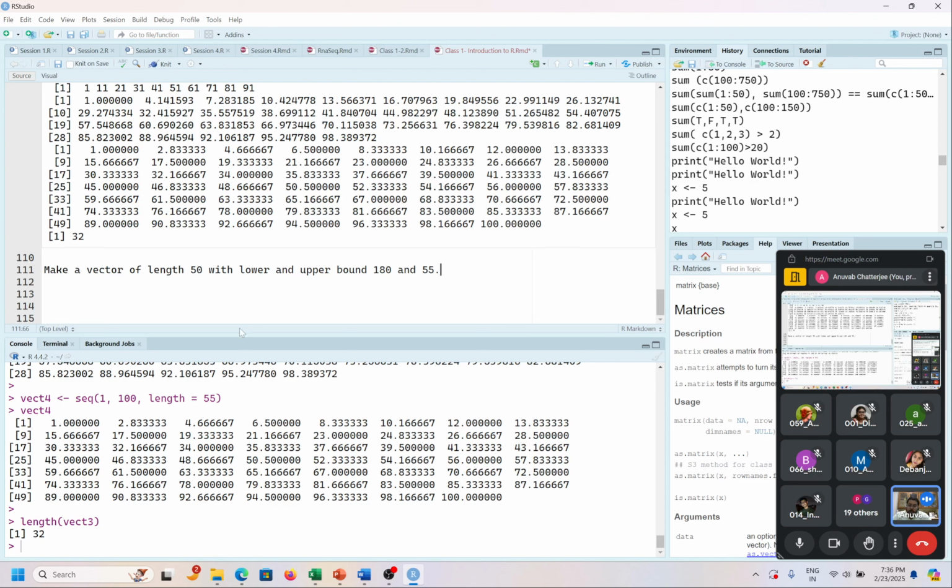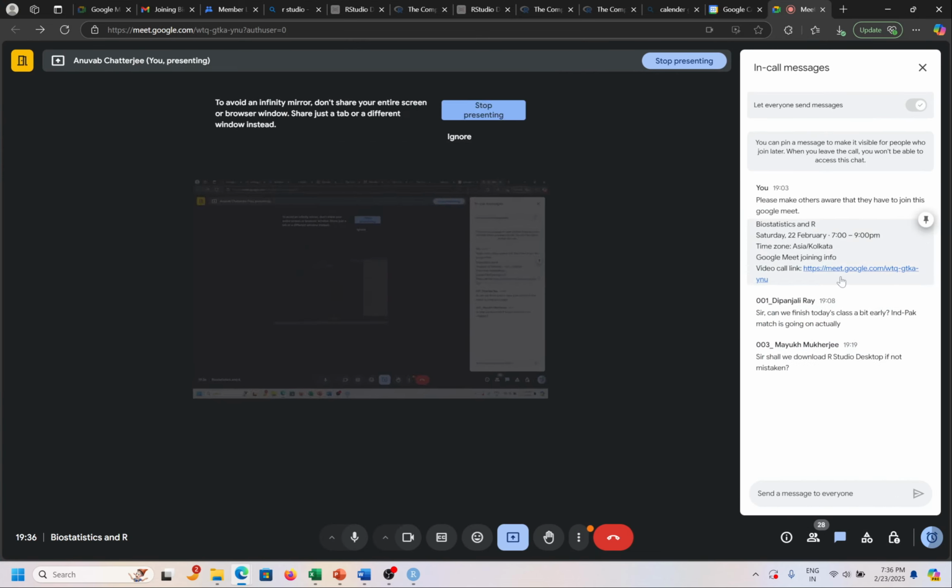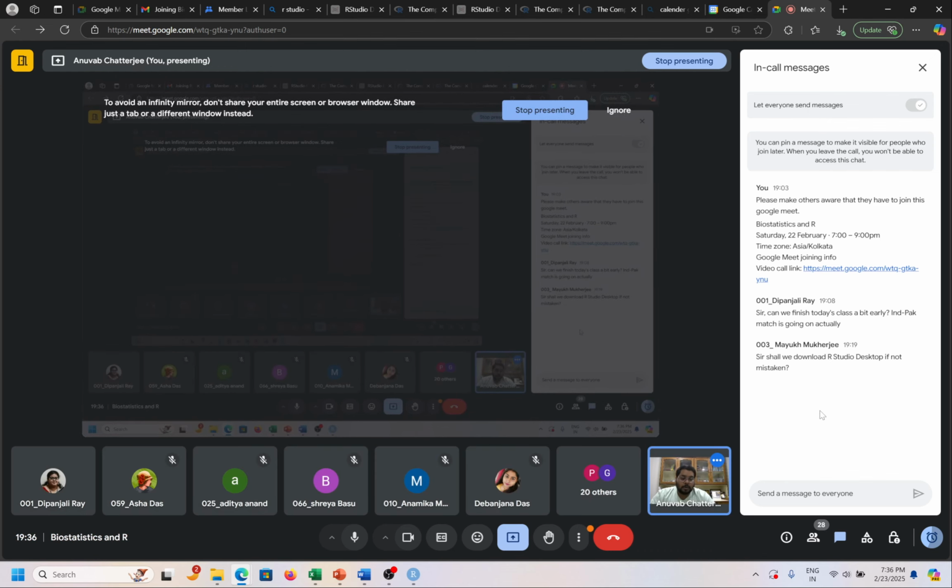Make a vector of length 50 with lower bound 180 and upper bound 55. You guys can actually put that into the chat box, whatever you think will be the code. একবার রান করে নিন and তারপরে পাঠিয়ে দিই একবার চ্যাট বক্সে কি রান হচ্ছে নাকি।